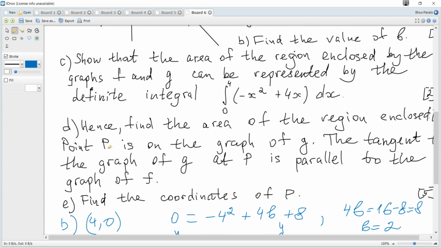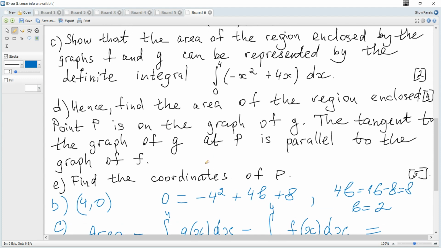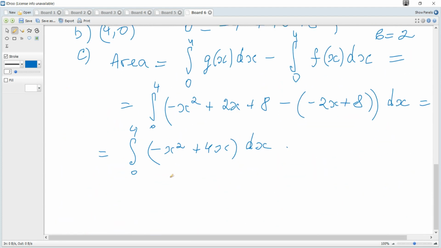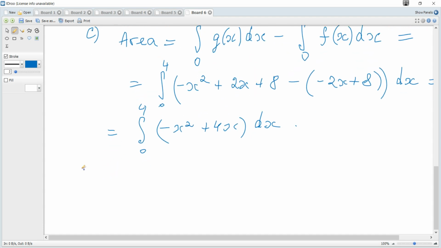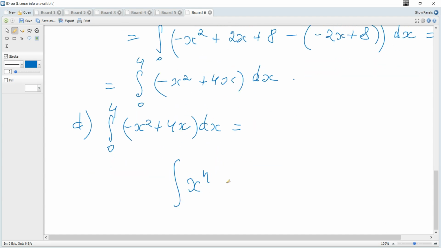And the next question, D: hence find the area of the region enclosed, so we just need to calculate this integral. The integral from 0 to 4 of negative x squared plus 4x dx is equal to the integral of x to the power of n, which is x to the power of n plus 1 over n plus 1, plus a constant. The formula is given in the data booklet. So it becomes negative x cubed over 3 plus 4 times x squared over 2, so 2x squared,